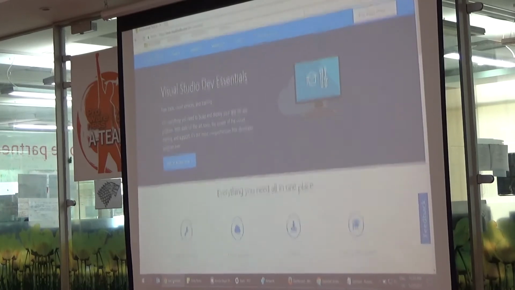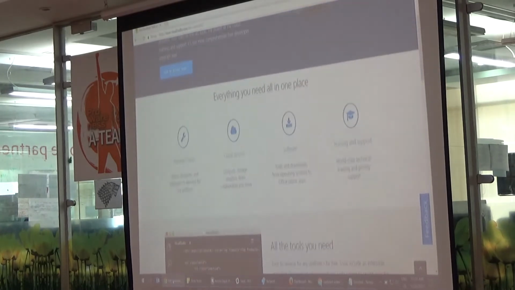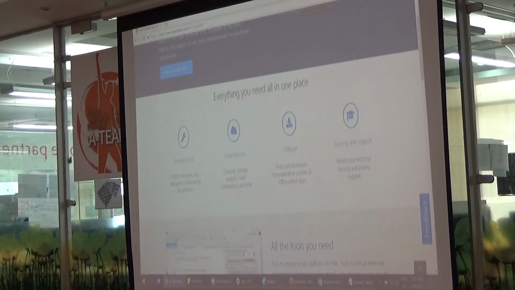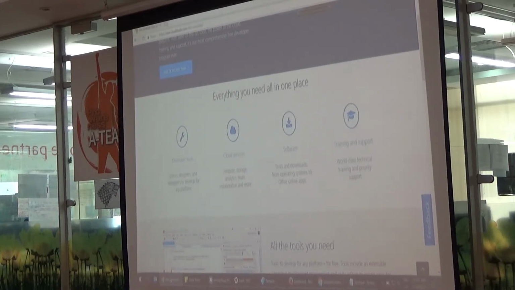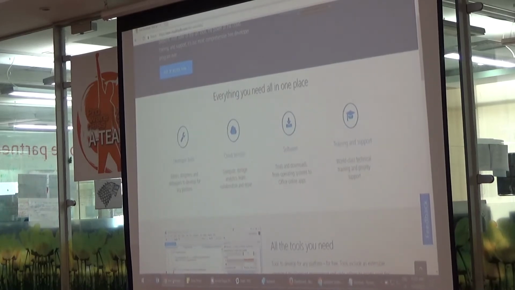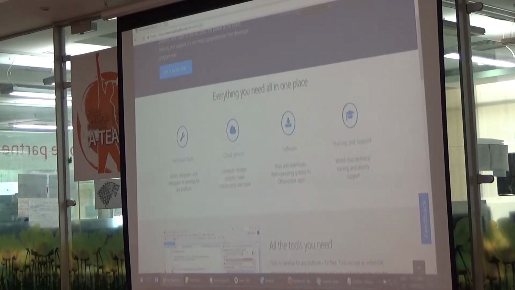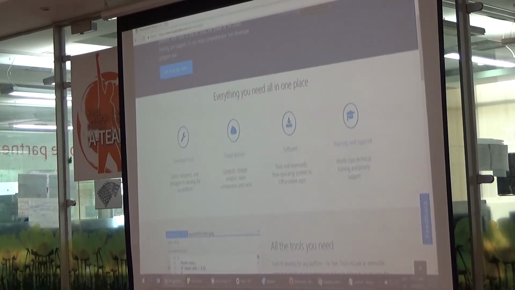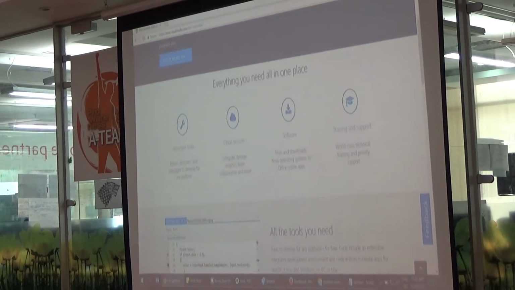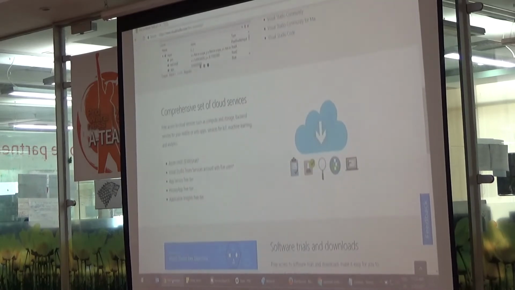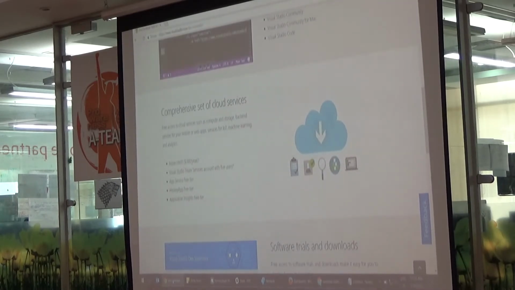It gives you access to a lot of things, some free Pluralsight training for 3 months, and a subscription to Microsoft Academy, so there are different sections. You get some free software also. Visual Studio Community Edition is free now, so you can get that. What I want to focus on also is cloud. You get $300 of Azure credit per year.